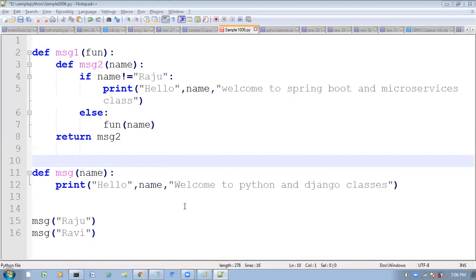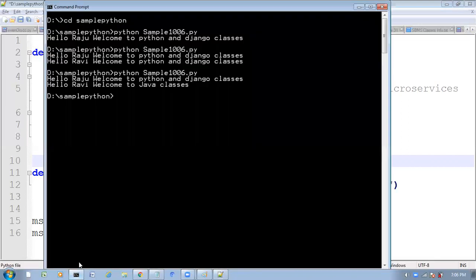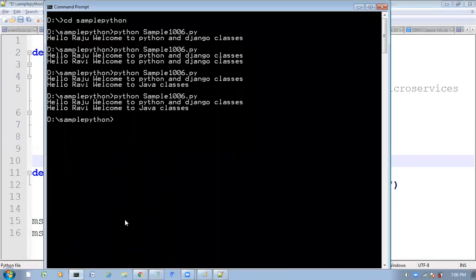In both cases we will get: Hello Raju, welcome to Python and Django classes. Hello Ravi, welcome to Python and Django classes. Only the same output in both cases.